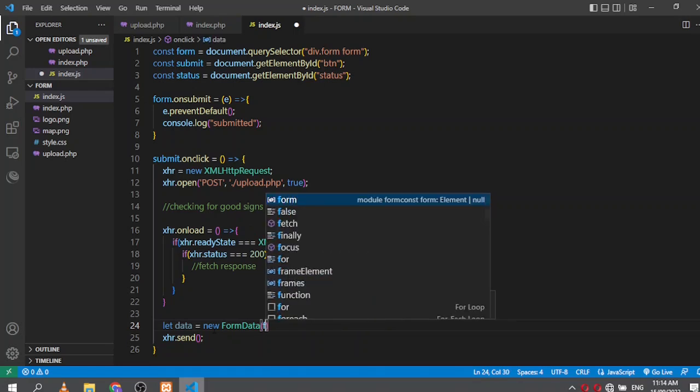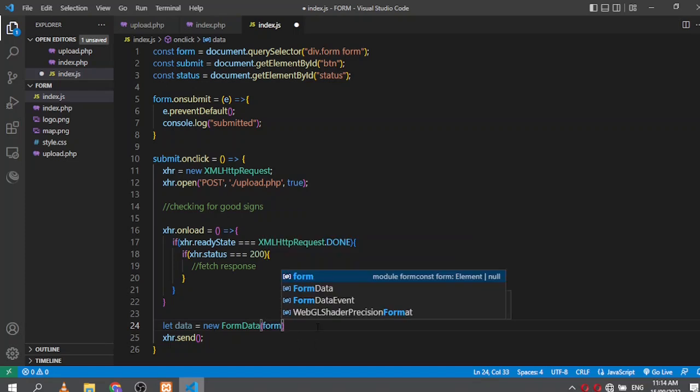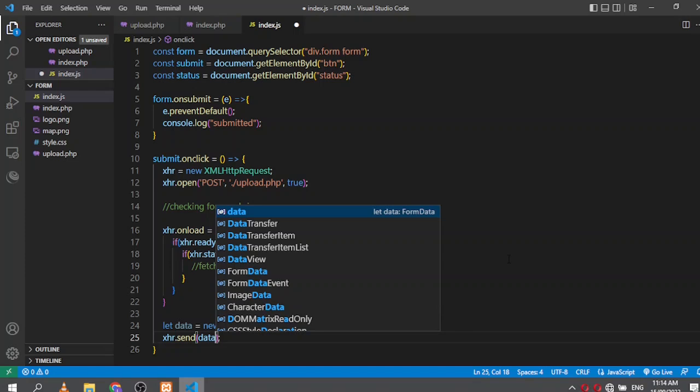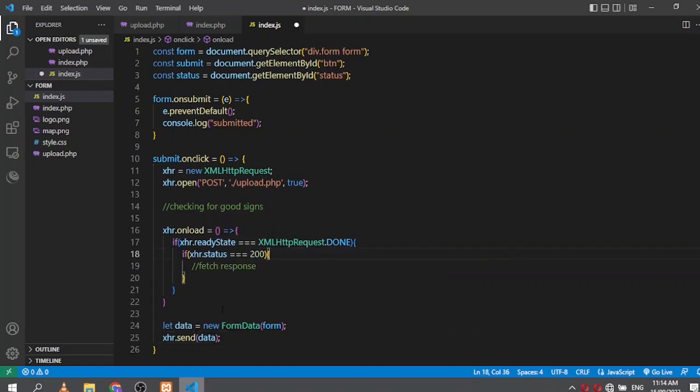Sorry for the typo. Yeah, form, and in here we pass in data. See, easy peasy. So this is sending this particular form to the upload.php, and upload.php will catch whatsoever is